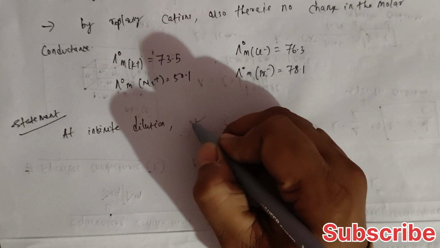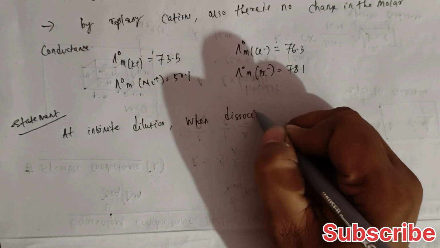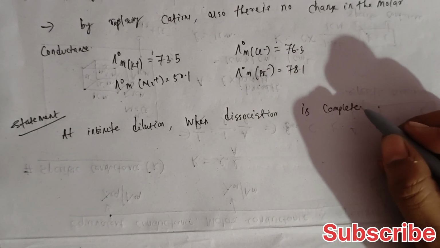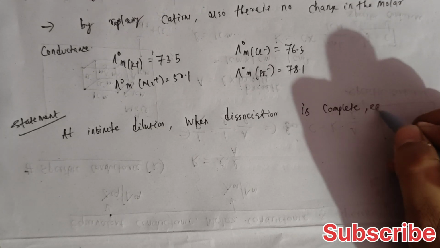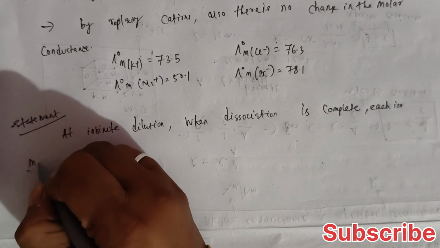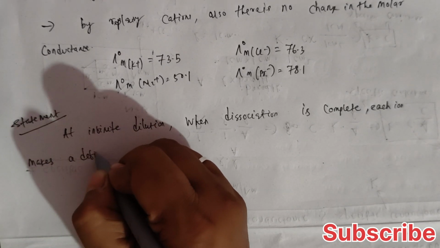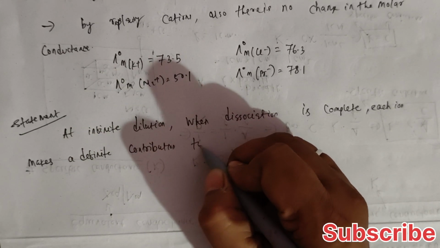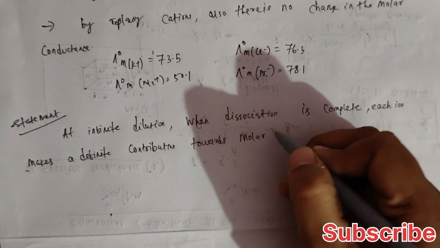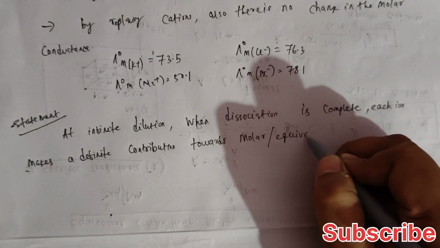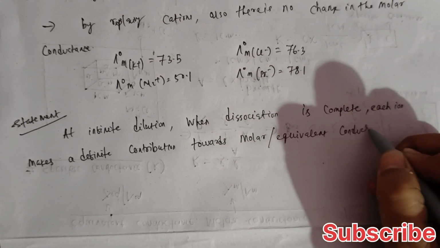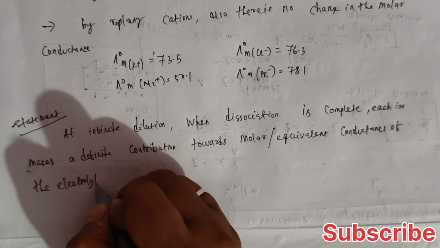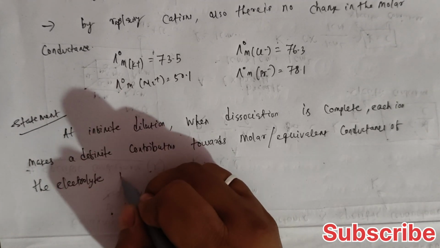At infinite dilution, when dissociation is complete, each ion makes a definite contribution towards the molar or equivalent conductance of the electrolyte. Clear? Of the electrolyte,